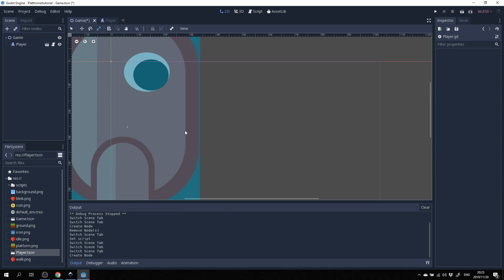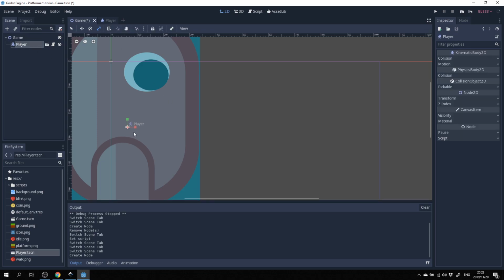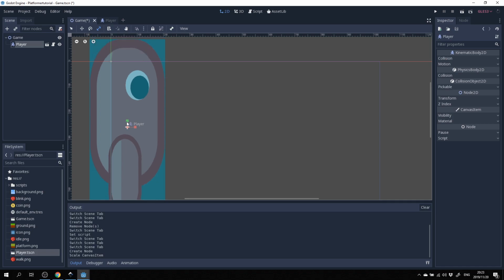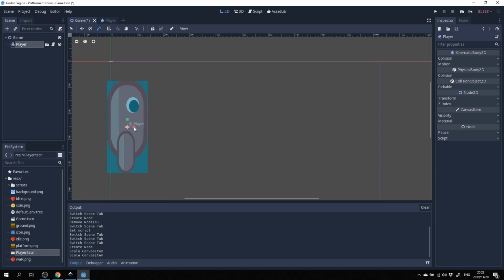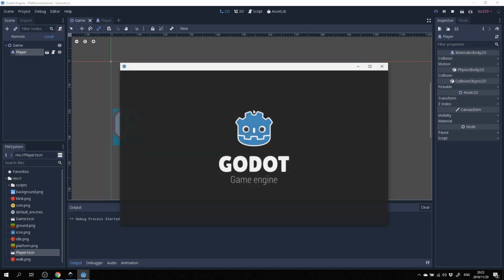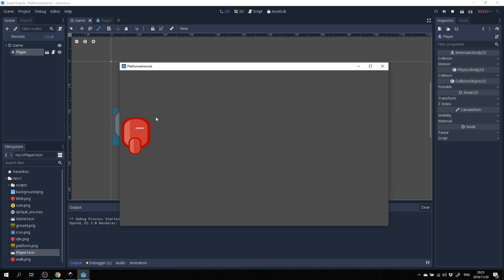Might just want to resize the player a little bit, it's a bit big. Let's try it. Yeah, that's a little bit better. Player a little bit smaller. Okay, great. So let's play this and see if it works. Basically you can see we're now playing the idle animation. The walk is basically going up and down. But the thing is that our player isn't looking in the right direction when we move left or right.